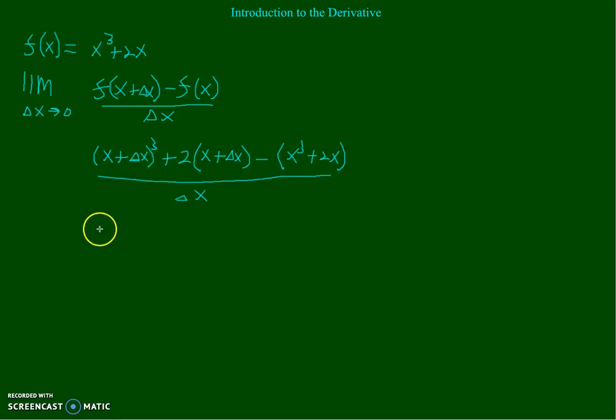The coefficients are going to be 1, 3, 3, 1, and we have x to the third, x squared, x to the 0, and then delta x to the third, delta x squared, and then delta x, and then they're just plus,